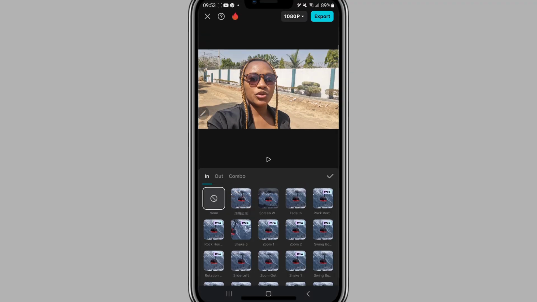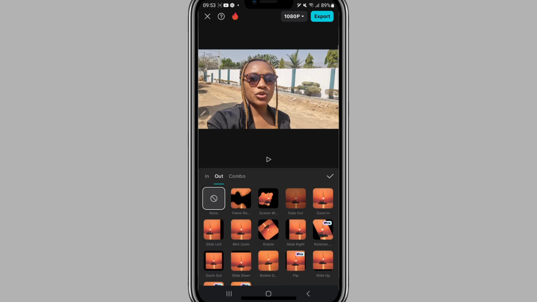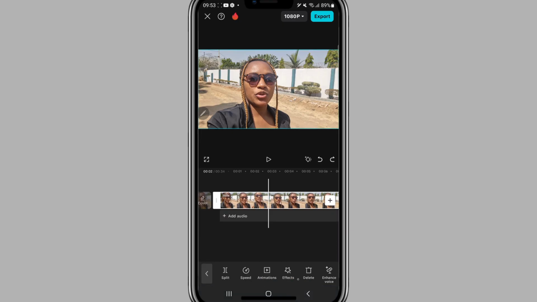It has in, out, and combo. So if you want it in, that means you want it at the beginning of your video. If you want it out, that means you want it at the ending of your video. If you want a combo, that means you want it throughout your video. Okay,